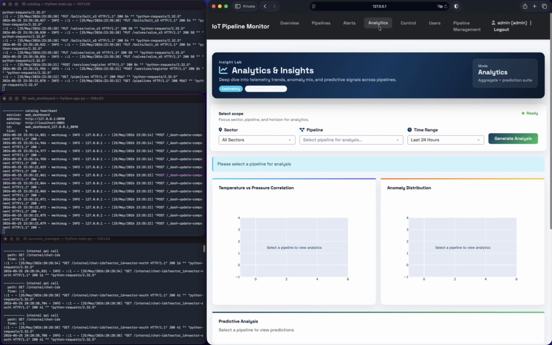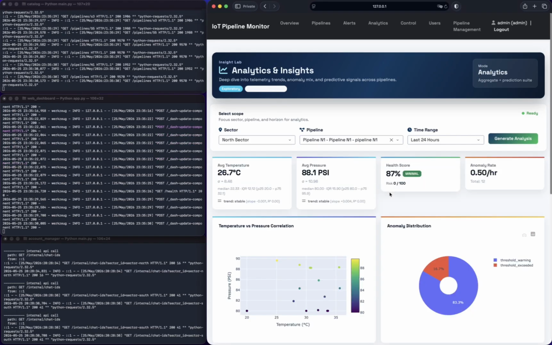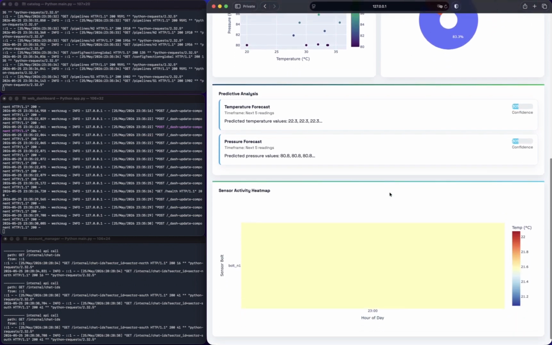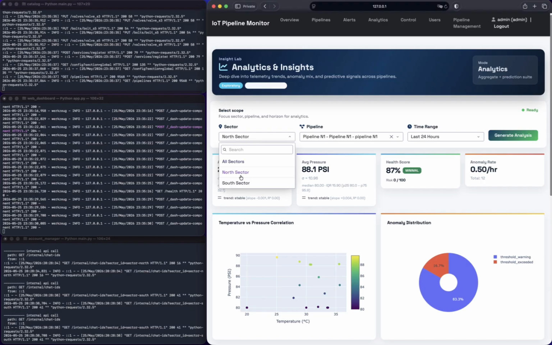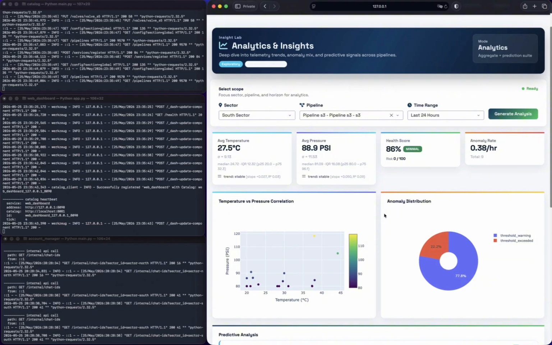The Analytics tab offers a deeper analysis on a specific pipeline. After picking the pipeline and clicking Generate Analysis, the dashboard pulls statistics from the analytics service: average temperature and pressure with standard deviation, a health score, a risk level with the factors that contributed to it, and the anomaly rate